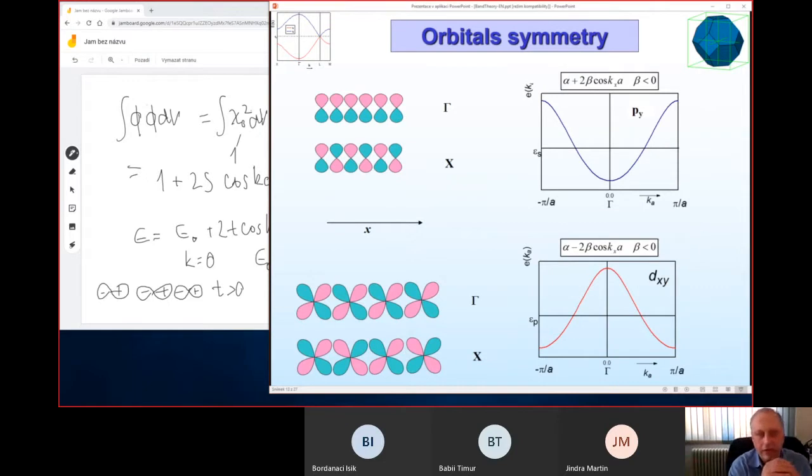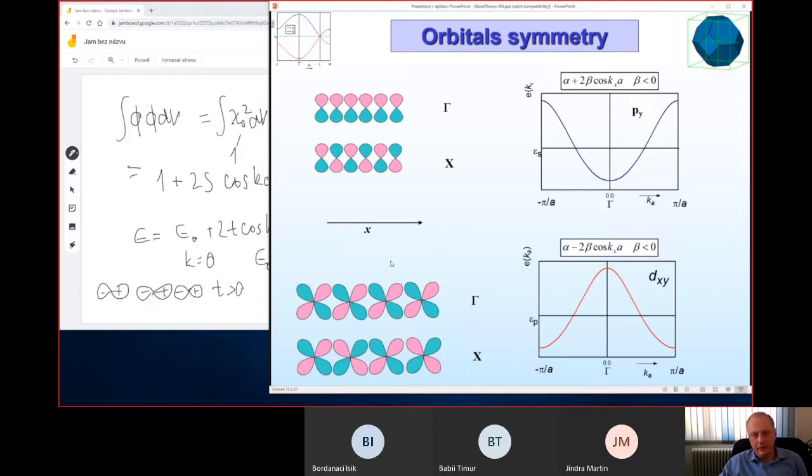We could also consider the pi interaction between the nearest neighbors. From the point of view of symmetry, for the pi orbitals you see that there is an overlap of the same sign of the wave function between the nearest neighbors. Thus oriented orbitals behave like the s orbitals, and you see the dispersion. Sometimes for E0 we use alpha, and for t, the transfer or hopping integral, we use beta. It depends on the